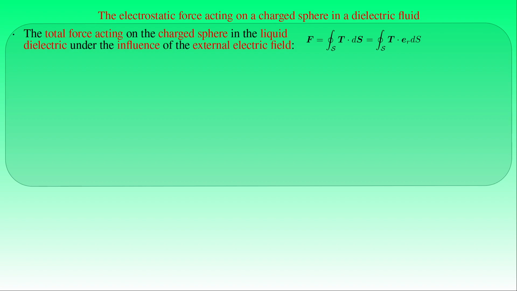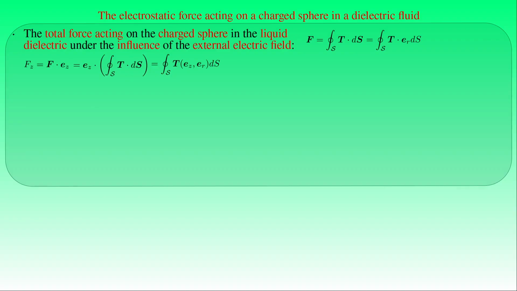Now the force exerted on the dielectric sphere can be decomposed in the z direction of the external electric field and its transversal component, where the latter is cancelled due to the symmetry of the problem. Then it is enough to determine the z component of the force F given by the dot product of the force vector F and the unit vector E_z pointing in the z direction. If we substitute the surface integral into the force vector F, then we obtain a surface integral of the Maxwell stress tensor T evaluated at the unit vector E_z and the radial unit vector E_r over the boundary surface S